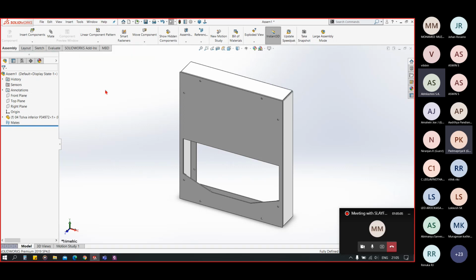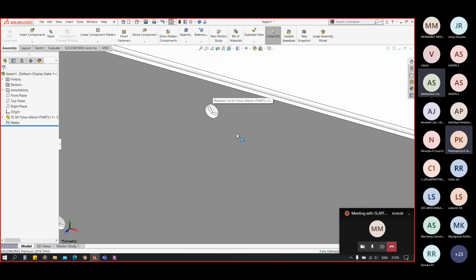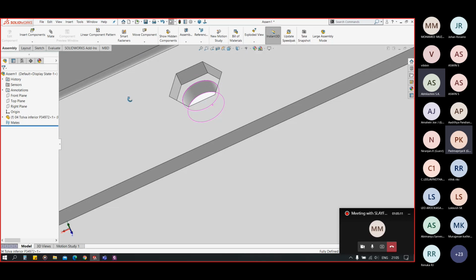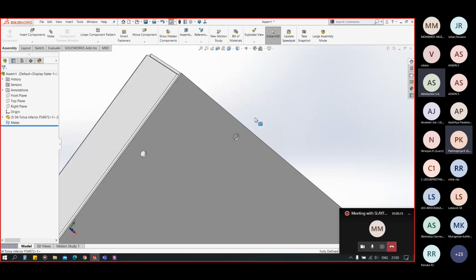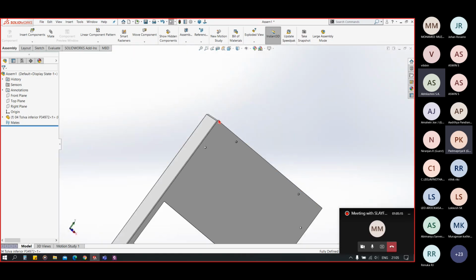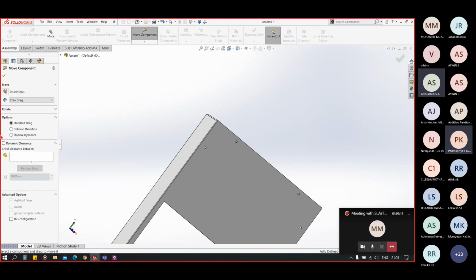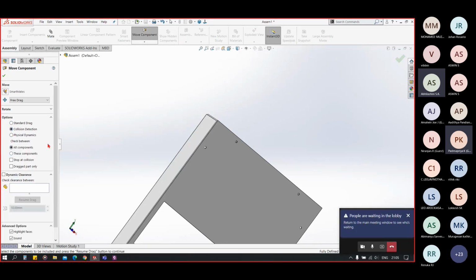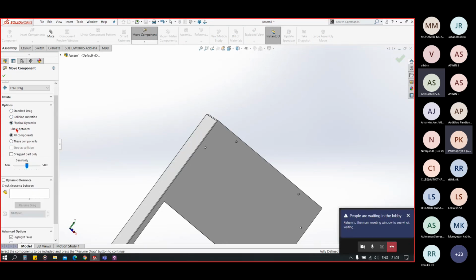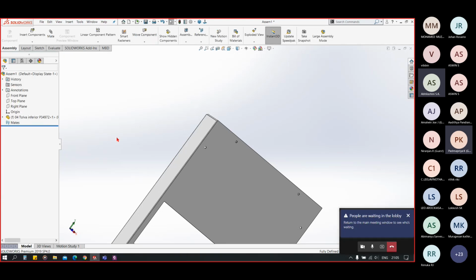In the smart fastener, we have automatic fastening solutions in which the screws, nuts and bolts are automatically added. In the move and rotate, we can have a standard drag or we can have collision detection and physical dynamics. In that we can have a dynamic clearance also.